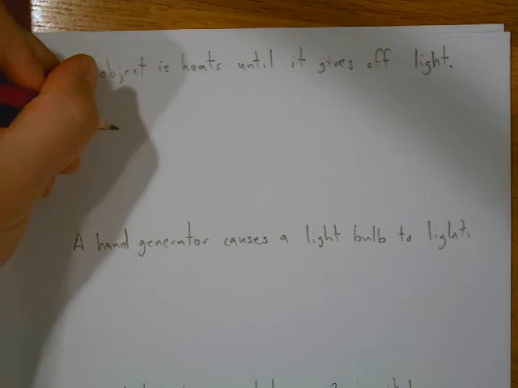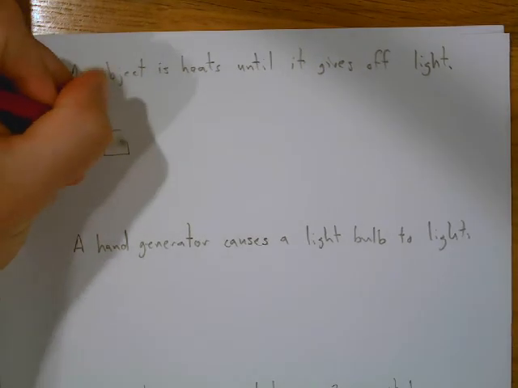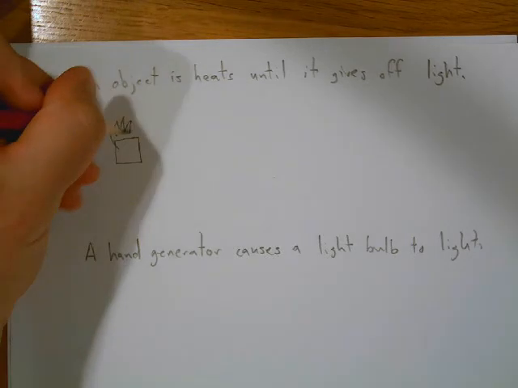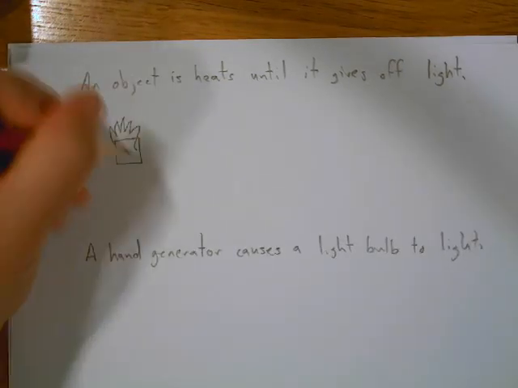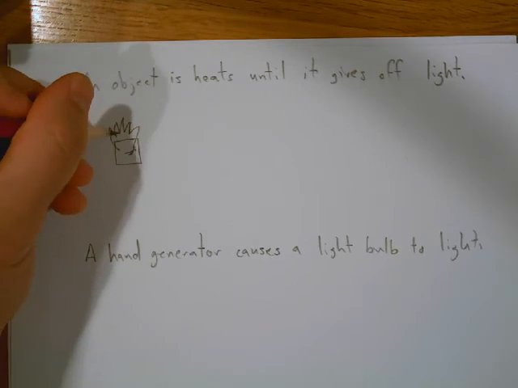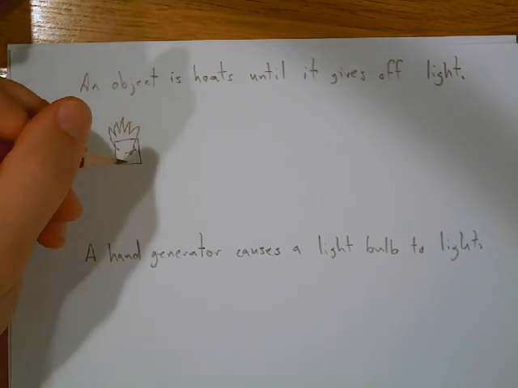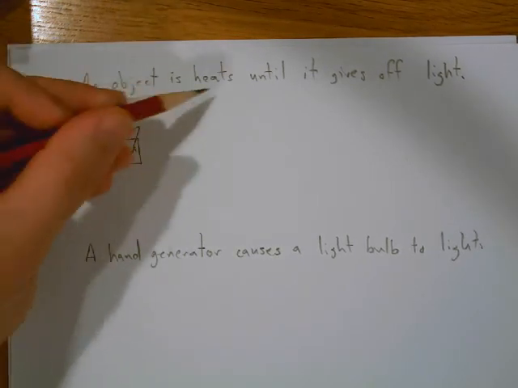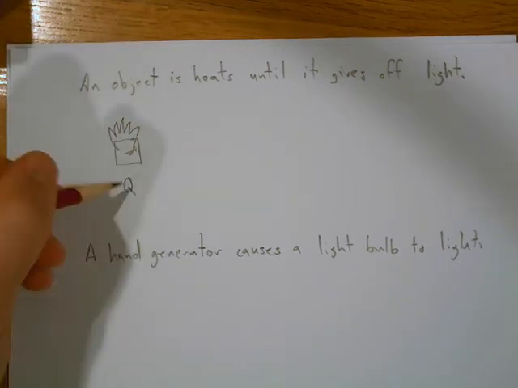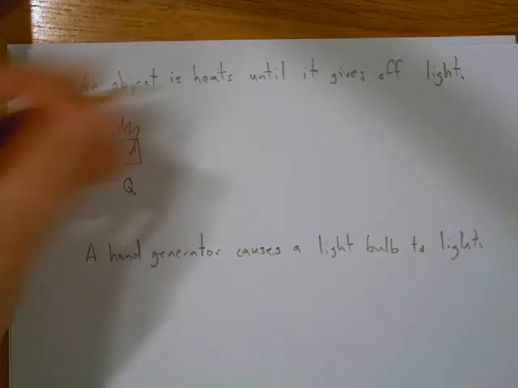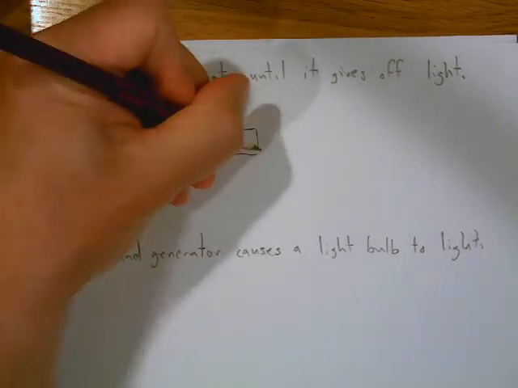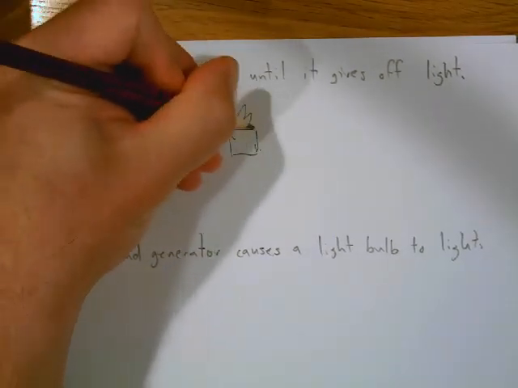So let's have our random object. There is our random object, and then we are going to heat it. So there is some fire, some heat being added to this object. Most of the time in physics, and we're going to learn this later when we do our thermo unit, the symbol for heat is going to be Q. So in this case, you would start with Q,